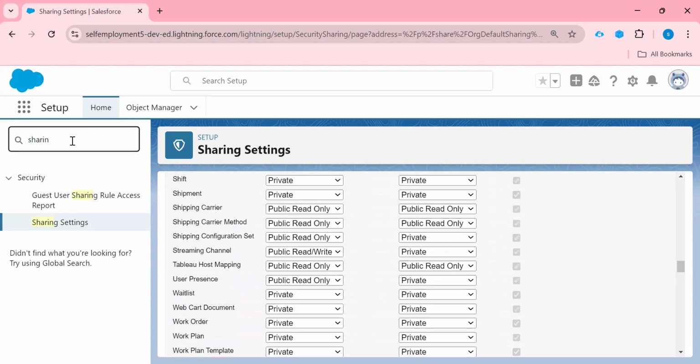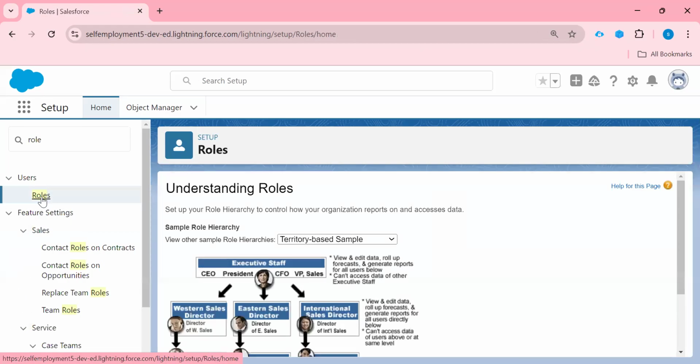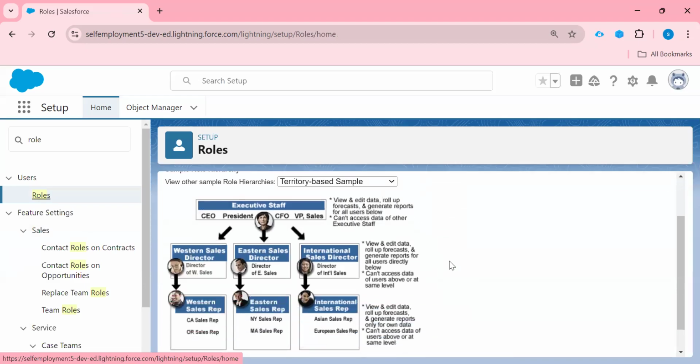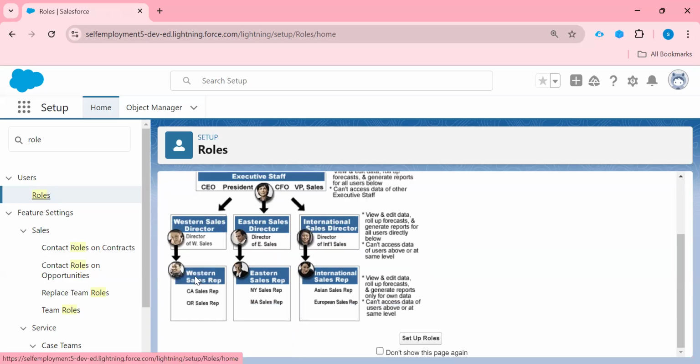So first of all, come to our roles. First we need to create a role. How can we create a role, and what is the role hierarchy? Let's see. This is the role hierarchy, right? This is executive staff, CEO, president, CFO, VP, right? These persons will be able to access the records of these persons, who are director, sales director, and this one also, right? Same for this one and this one also.